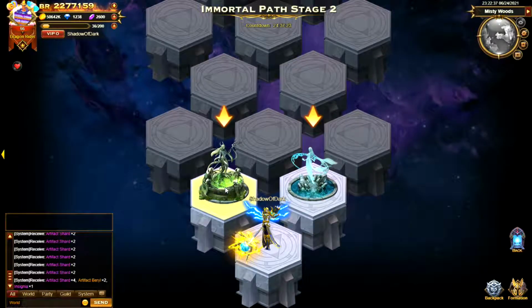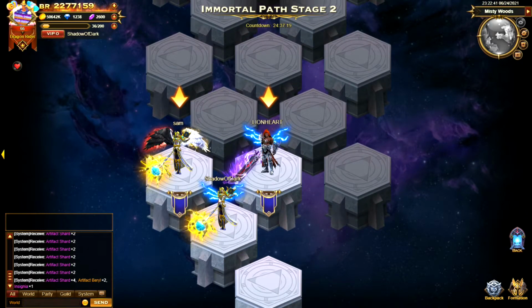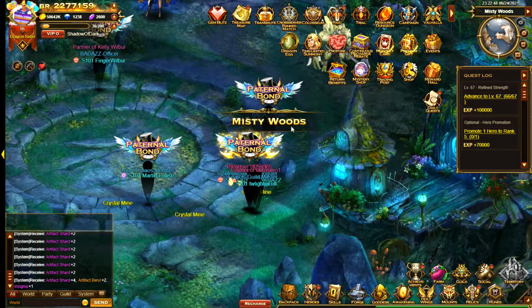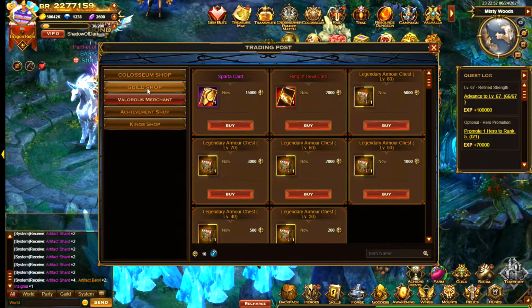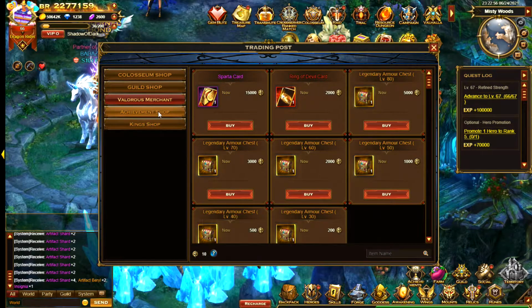Oh, that's quite useful. Now I could revive the one that died in the previous battle. There we go, it just repeats like that. So yeah, insignia is a pretty useful item. If we go to the trading post, that's guild badge, mark of valor,